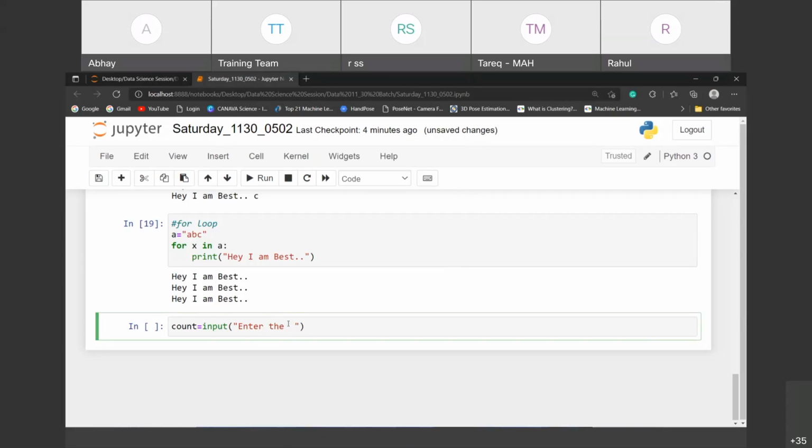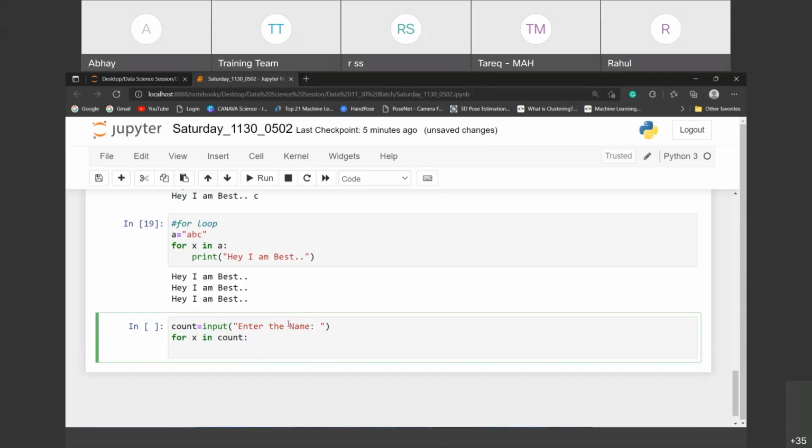So this is a tricky question now. So you can check how I'm representing the for loop. Okay, enter the name. Okay, now check out: for x in count colon print happy.